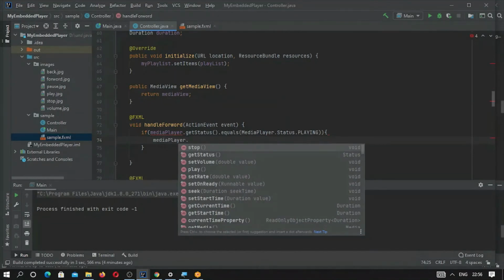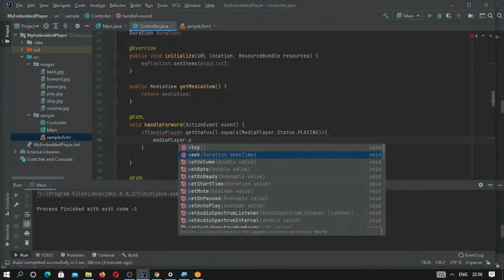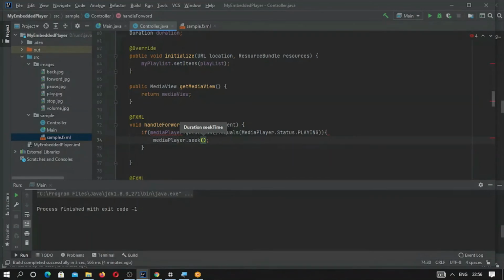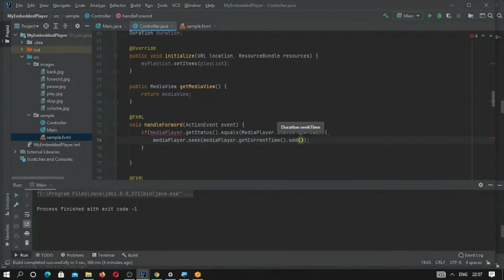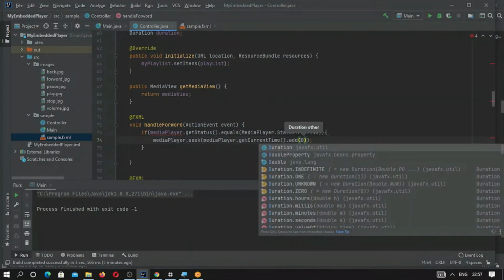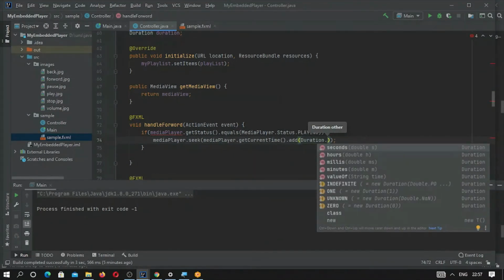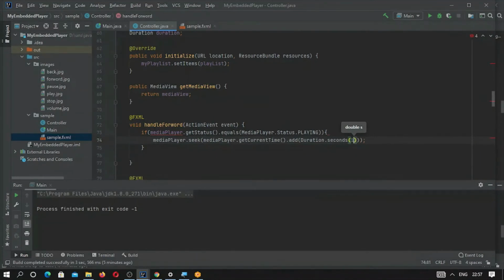we are just forwarding the playing video by, you may say, 1 second, dot seek. What we want to seek: media player dot get current time dot add, and what we want to add, duration dot seconds, and this should be 1.